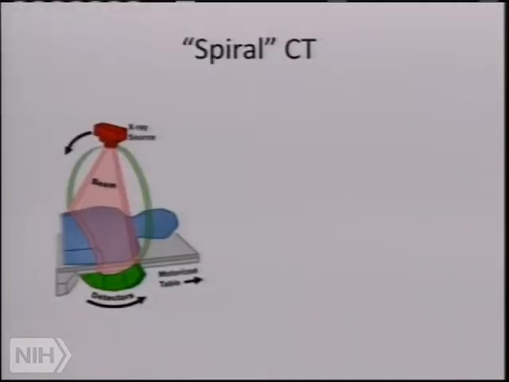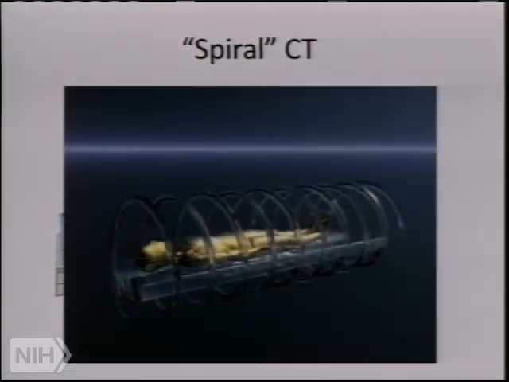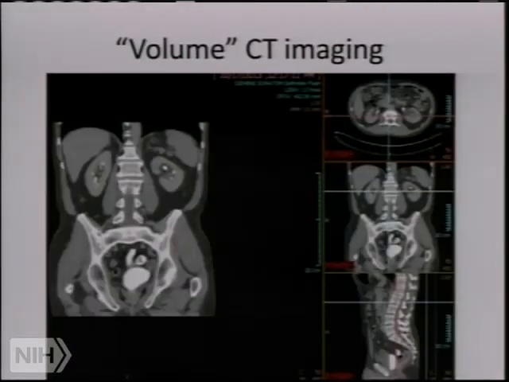So you may hear about what we call spiral CT or helical CT, and you may be curious about what that is. Well, as I mentioned, the X-ray source creates this beam that goes through the patient, and it's picked up on these detectors. At the same time, the patient is moving through this fan beam. And so, in essence, it describes a helix or spiral around the patient as the patient moves through this fan beam. So that's where the term spiral CT comes from.